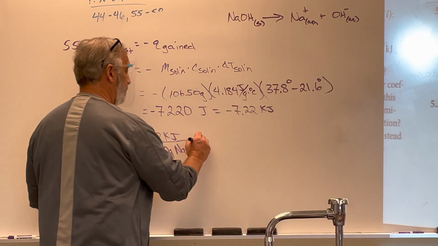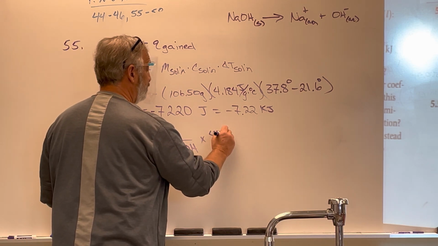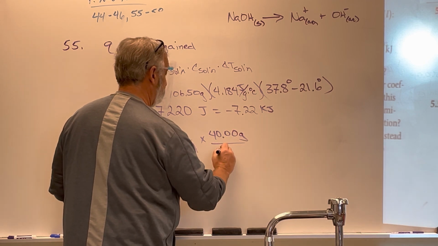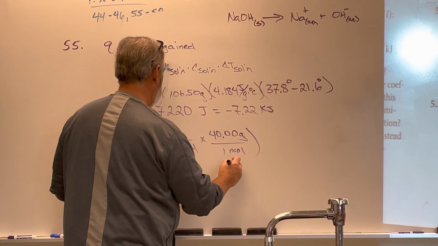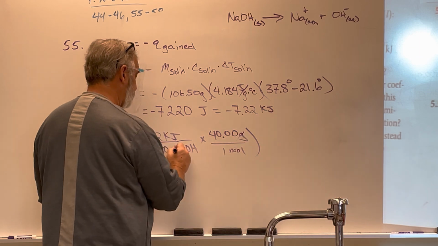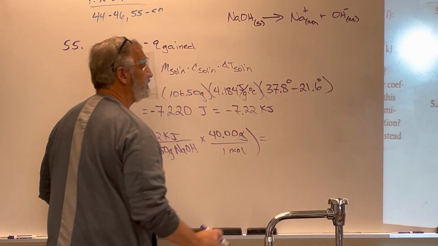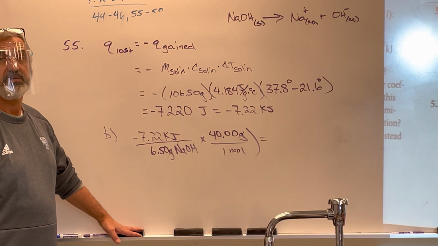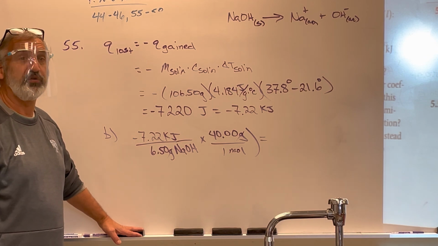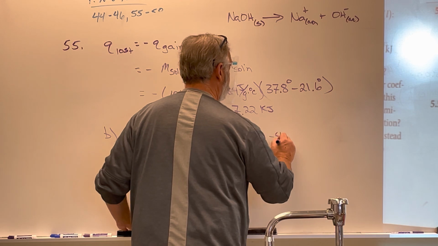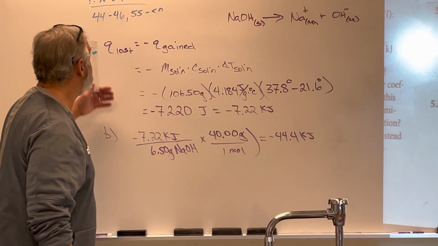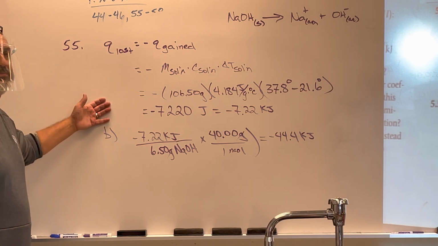Molar mass, which is 40, I think 40.00, isn't it? Okay, so grams are going to cancel, and this number is going to turn out to equal negative 44.4 kilojoules. Okay, this is the type of problem you need to be able to